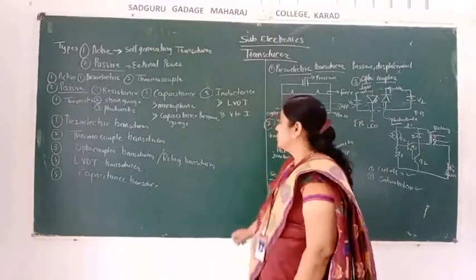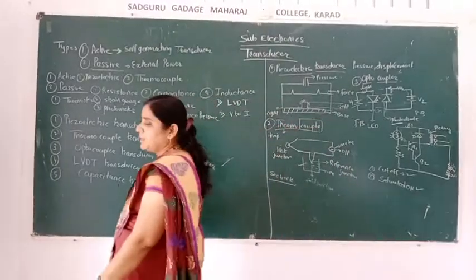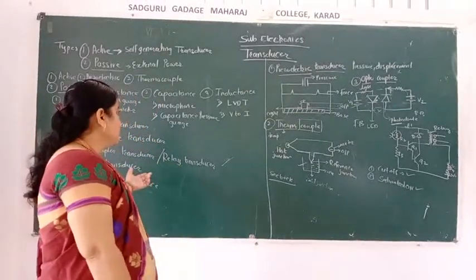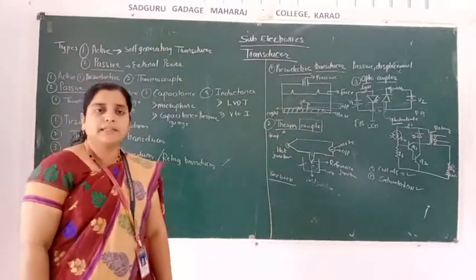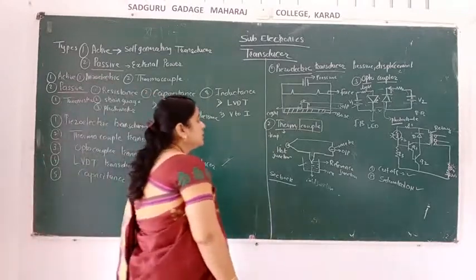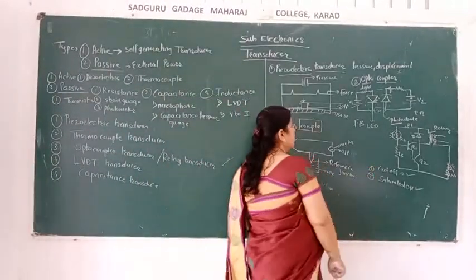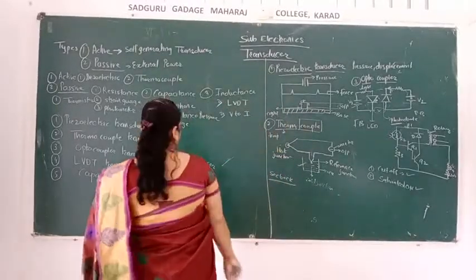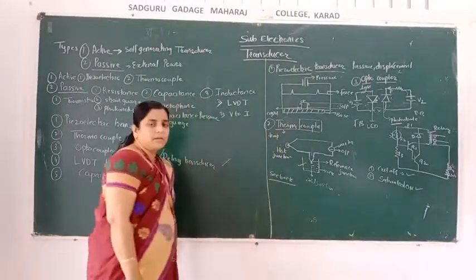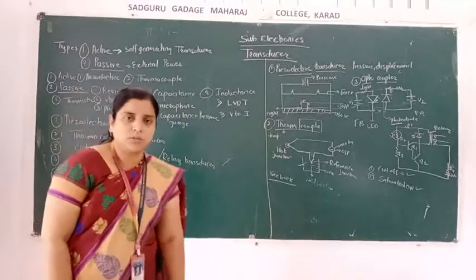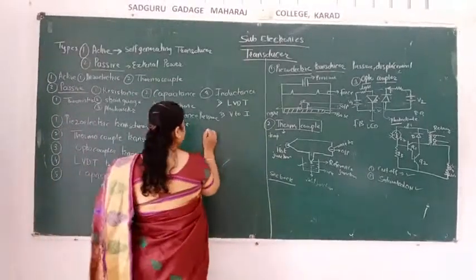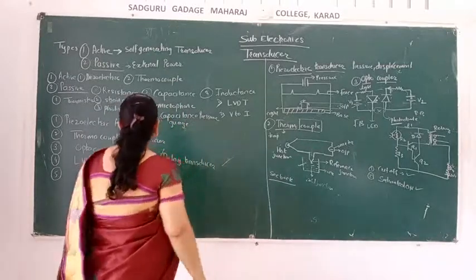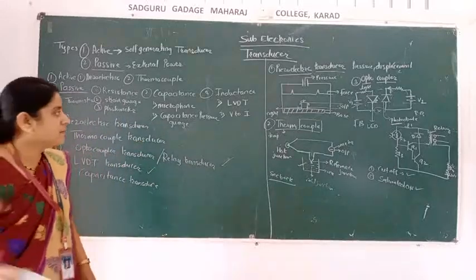Okay. So it is what? Relay transducer, or explain the optocoupler with the help of a relay. If it is asked, you can draw the diagram of this and explain these two conditions. Okay. Next we are going to see is what? LVDT. LVDT is what? Linear variable differential transducer. So what happens in this linear variable differential transducer? We have to draw it here.